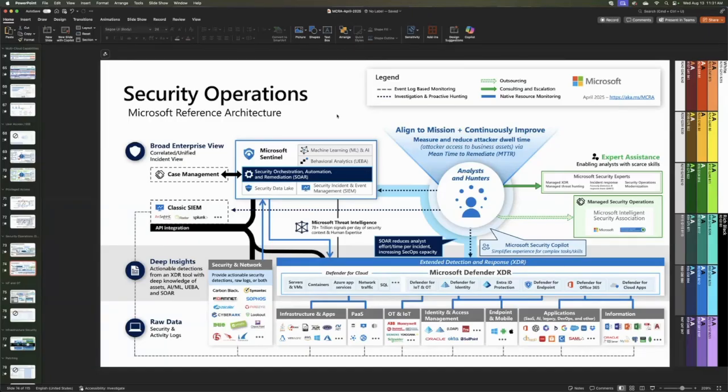So I need to have some KPIs involved, but then how am I making sure that I'm seeing all of the alerts and all of the data across the environment? Well, if we look down at the bottom of the slide, we've got all of our third-party solutions. Above that, we've got the Microsoft security stack. I need to be able to collect data logs from everything, all the security products. I need to be able to funnel it up to some kind of system, typically a SIEM, to be able to then see exactly what's happening, get a sight picture across the entire environment. So I know that if something happens down below, I'm able to actually receive an alert on it.